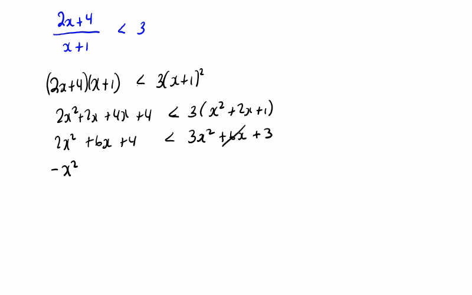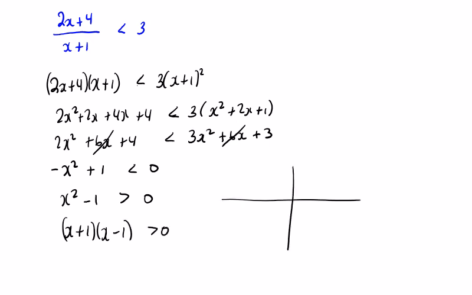We're going to have 6x, well, they're going to cancel, and we're going to end up with 4 minus 3, which is plus 1, less than 0. So x squared minus 1 greater than 0, (x plus 1)(x minus 1), difference of two squares, greater than 0. So my sketch